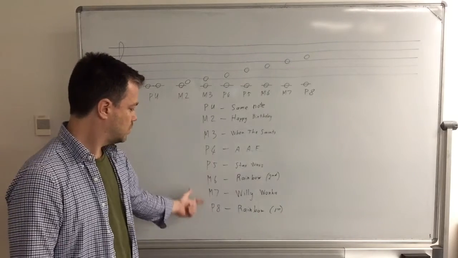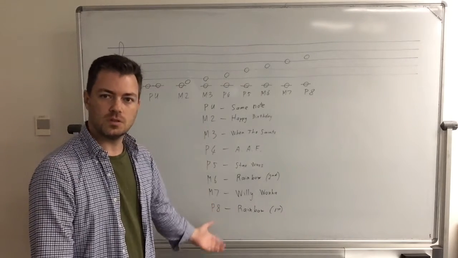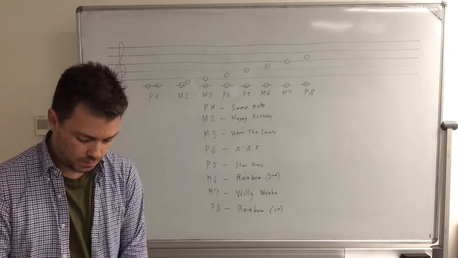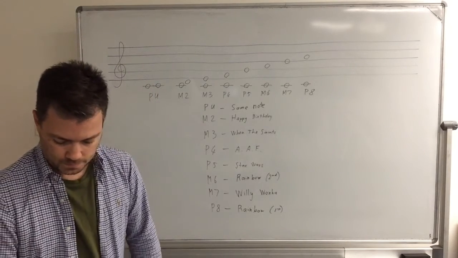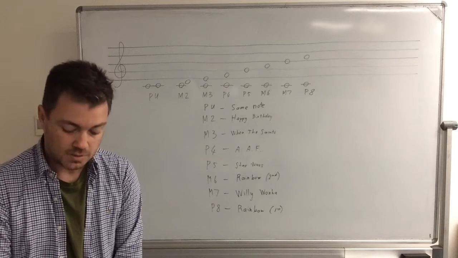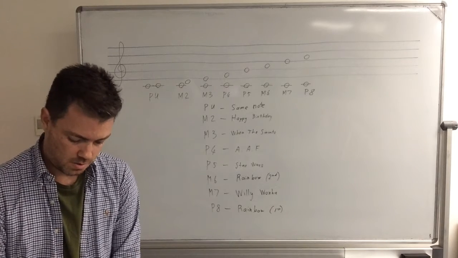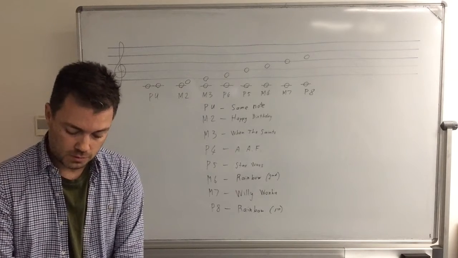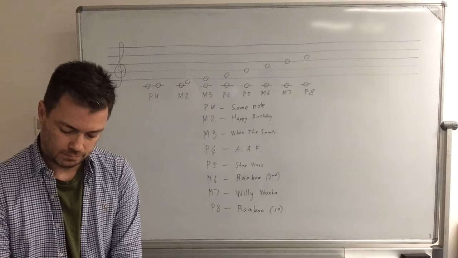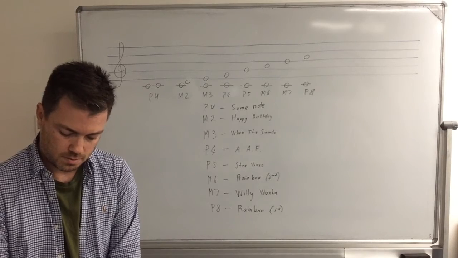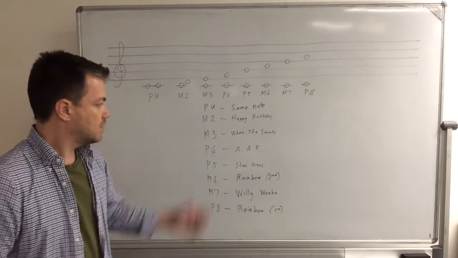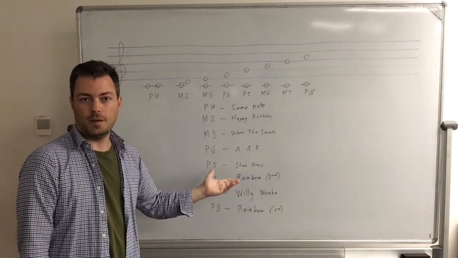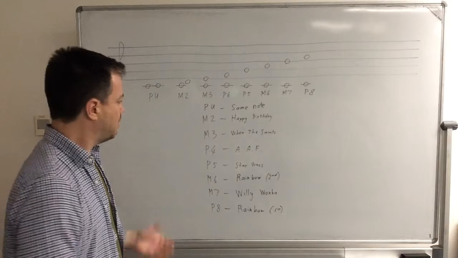So let me do those two in combination. The first phrase of Somewhere Over the Rainbow is a perfect octave. The second phrase is a major sixth. Way up high. So perfect octave, major sixth. As I said, you'll find other examples of songs that you may know better. But that's basically